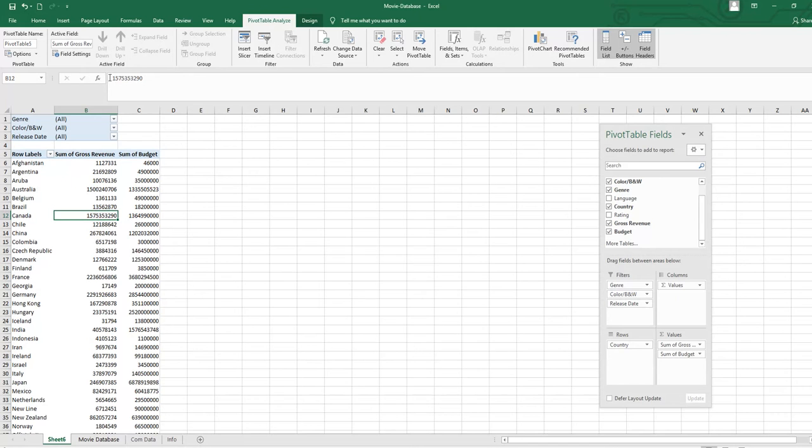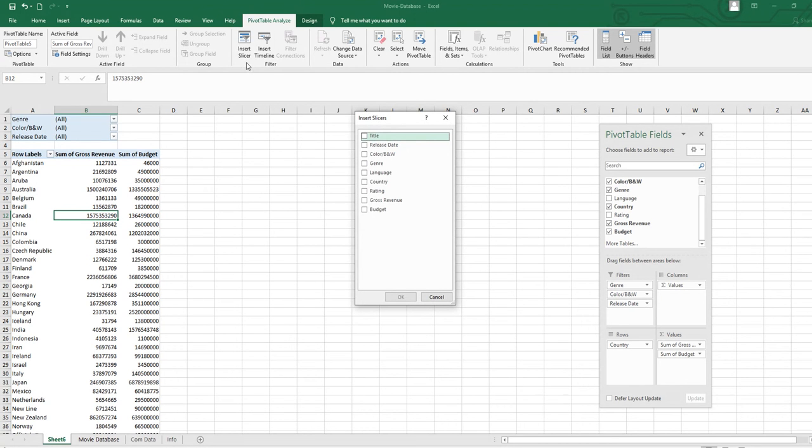When you click on the pivot table, you will see two new tabs: pivot table analyze and design tab. We are working on pivot table analyze. This is the filter group, so we are going to insert the slicer. When I click on insert slicer, I will show you why we are going to insert slicer. But before we start, I will show you that, see, the third item, which is filter connections, is not highlighted, it is dim, which means it is not active. When we work on these two, insert timeline and insert slicer, then I will show you that it will be active again. Okay, click here.